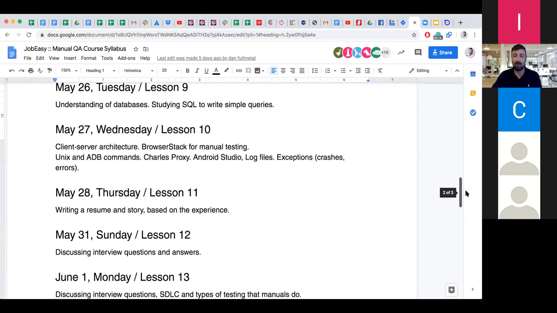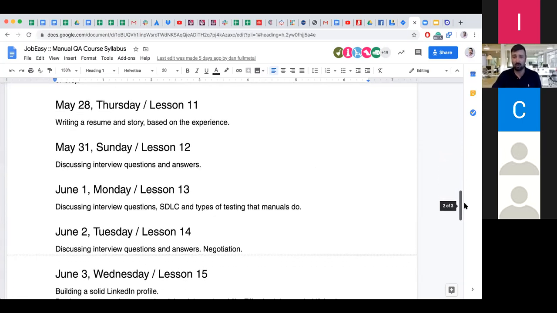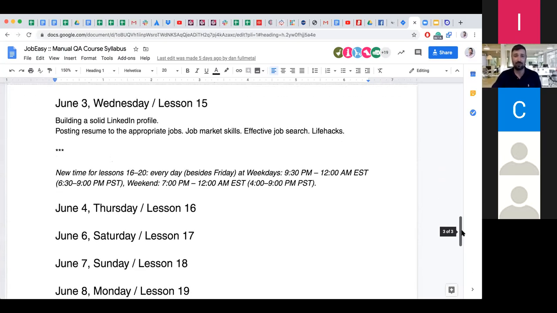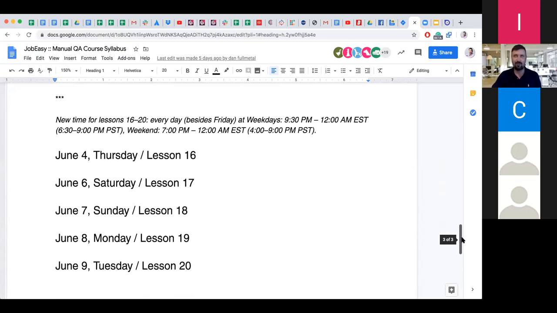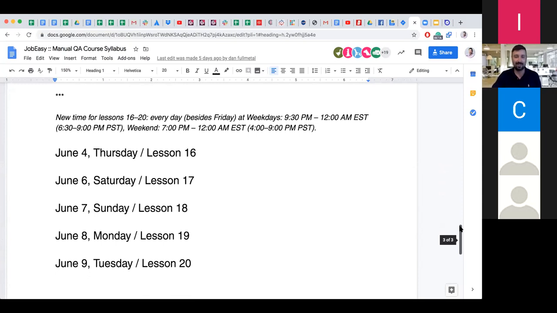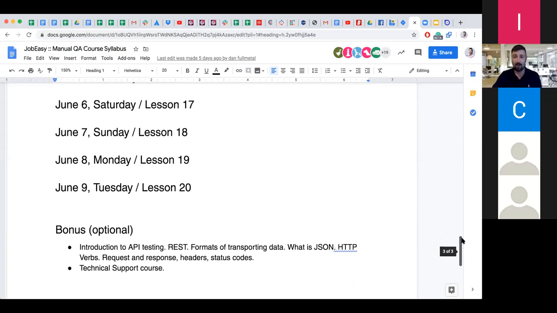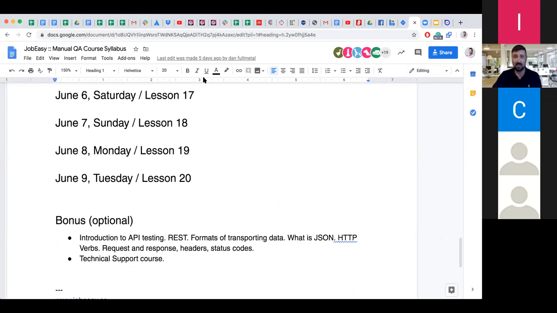So we're going to have 20 lessons, 50 hours, and actually much more, because we are going to meet after the graduation every Saturday for graduate meetings. I think 3 Saturdays out of 4, because one Saturday we're going to have a day off. But usually every Saturday we're going to meet for graduate meetings, where we're going to talk about your concerns, answer your questions, and clarify the information to make sure that you are ready to go and get